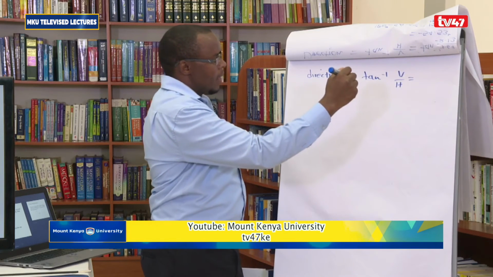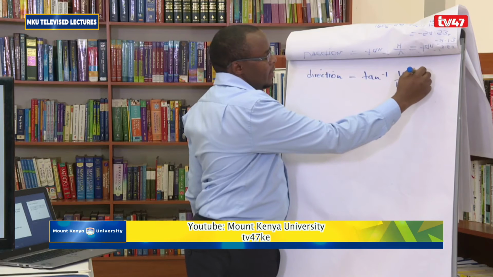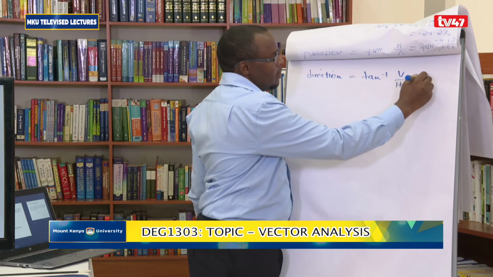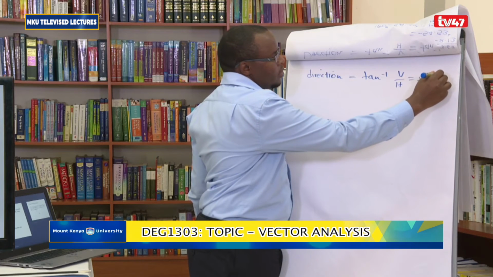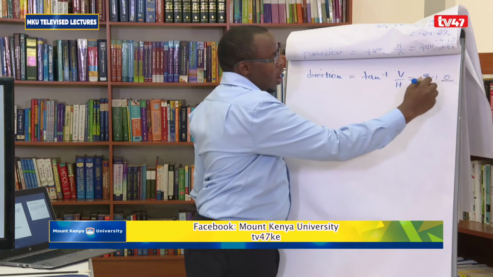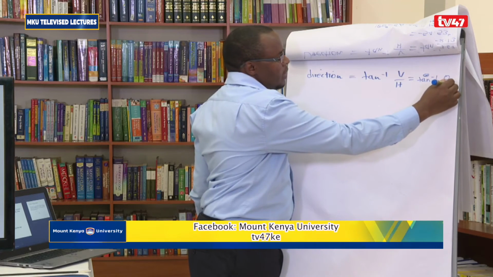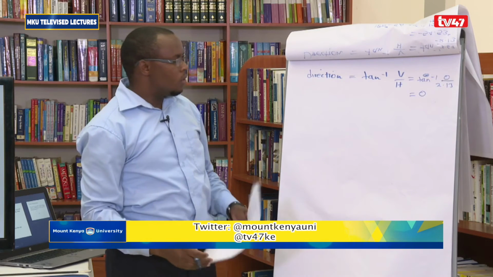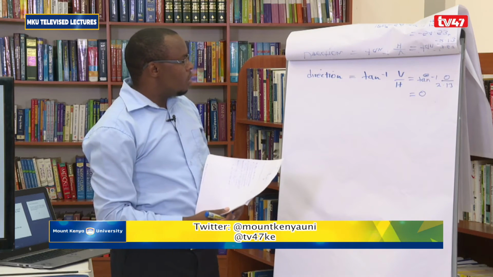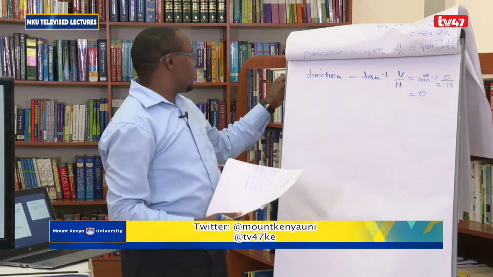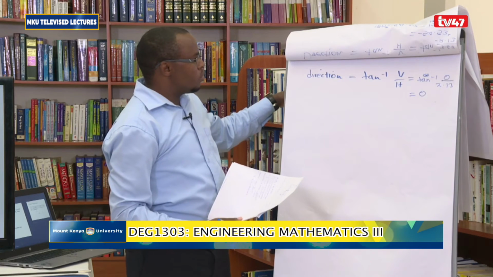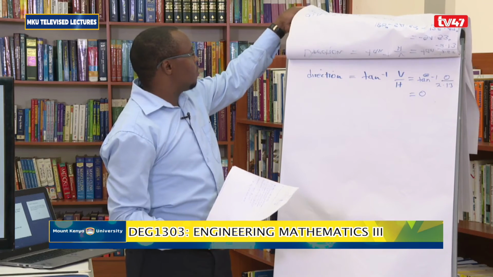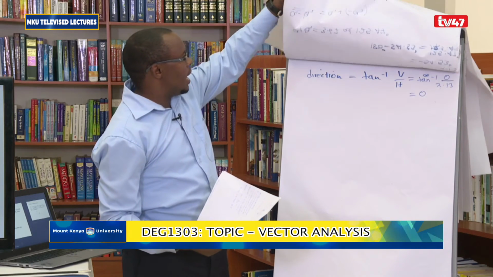which is going to be given by the vertical is 0. So this is tan inverse of 0 over 2.13. Of course, this one gives you 0. This is going to give you 0. And this is because if we go back to the vector diagram which we have drawn here,